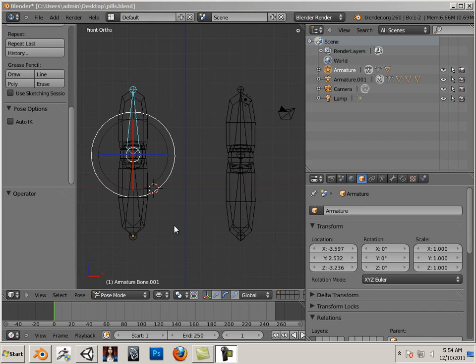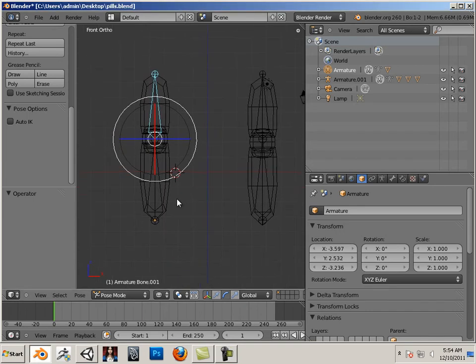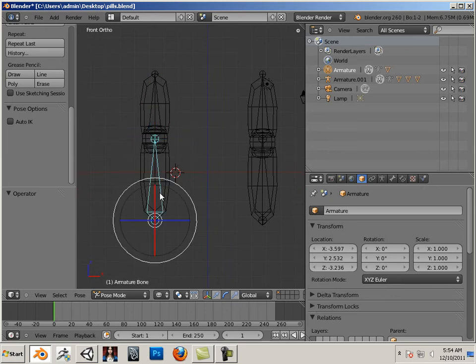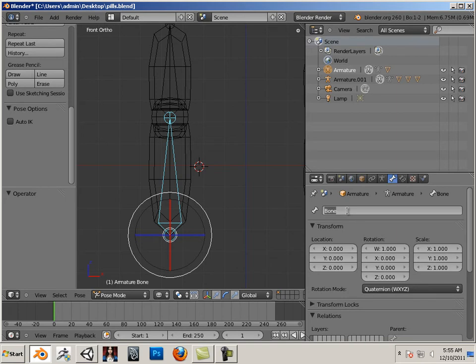Alright, now we're going to weigh out these two scenarios. They're two separate, altogether scenarios. But first off, I have to name these bones so when I talk about these things, I'm not driving you insane. So in pose mode, you can go to the bone and name this one bone